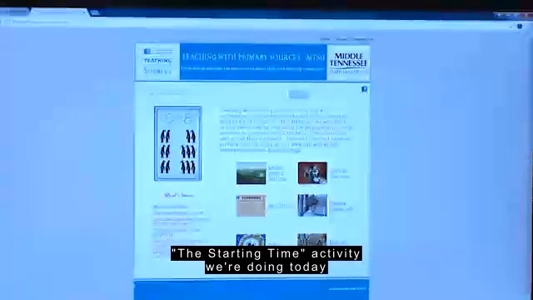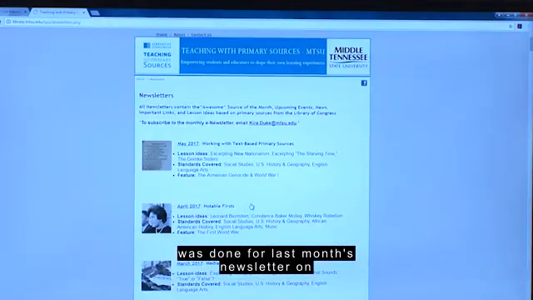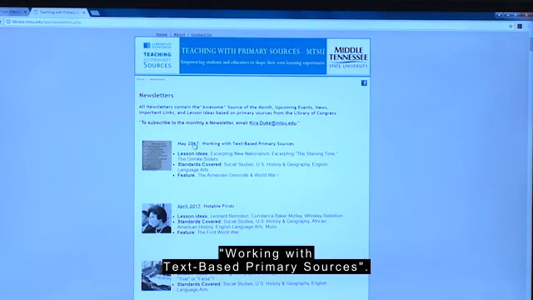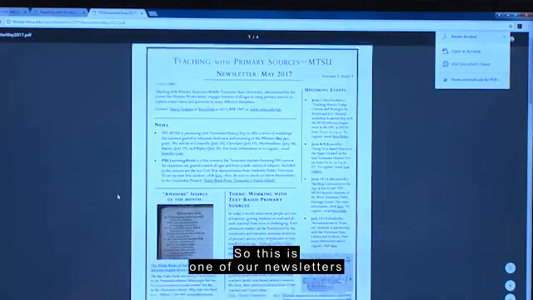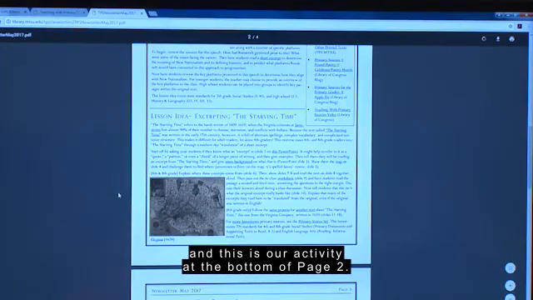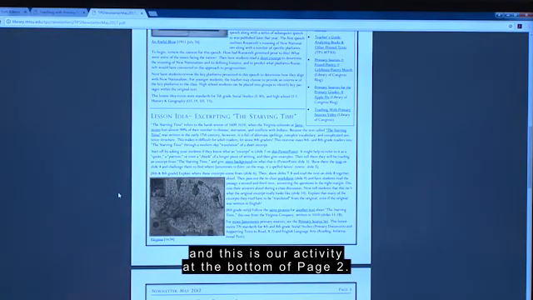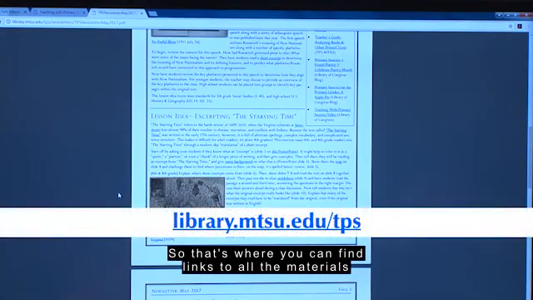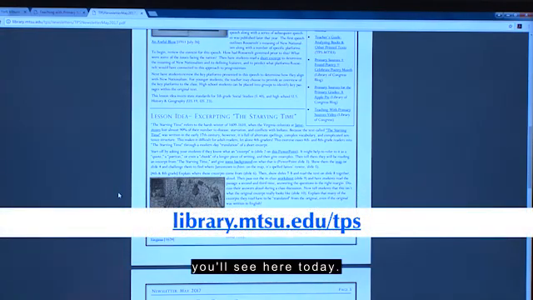The starving time activity we're doing today was done for last month's newsletter on working with text-based primary sources. So this is what one of our newsletters looks like. And this is the activity that we're going to be doing right here at the bottom of page 2. So that's where you can go if you want links to all the PowerPoints and worksheets